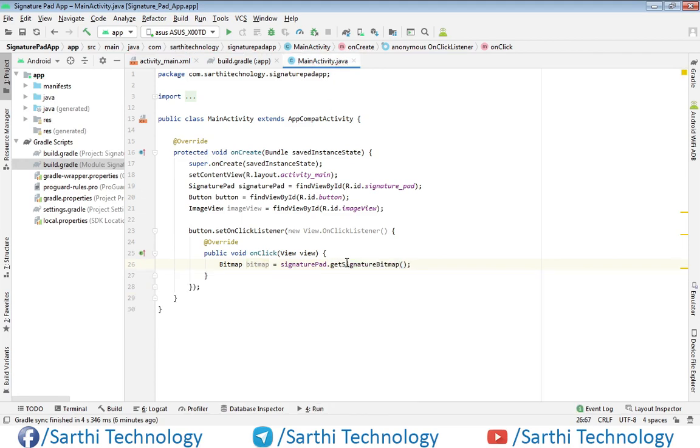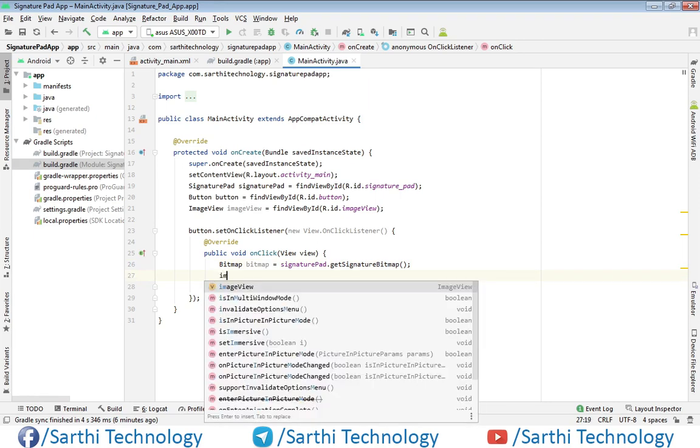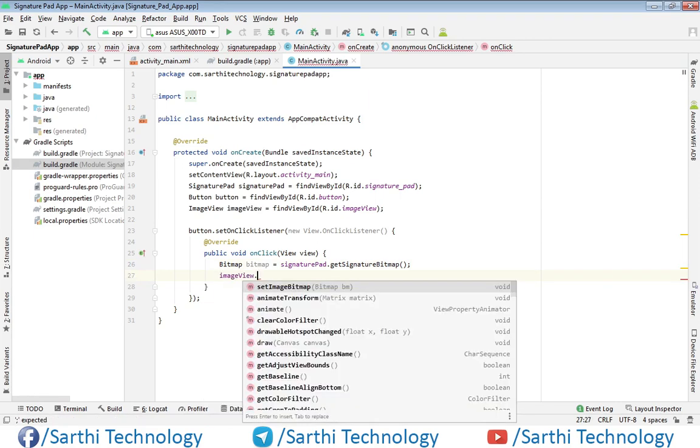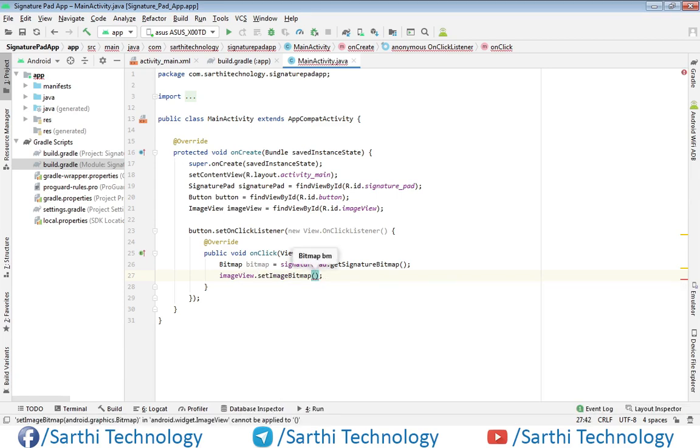This will save the signature in bitmap form in this bitmap object. Now using this imageView.setImageBitmap and this bitmap.